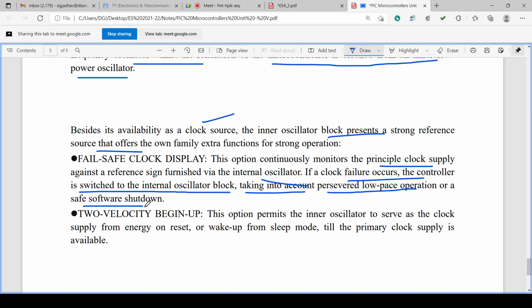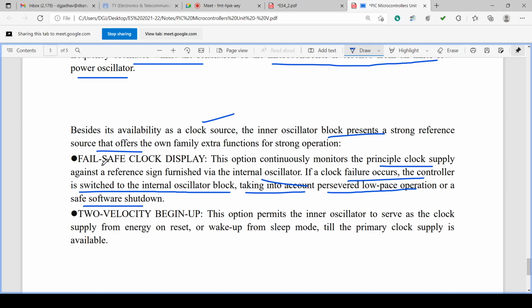So suppose the clock fails, then the microcontroller is switched over to the reserved low speed operation. The low speed internal oscillator block is used, and whatever the variables are there, the saving of the variables and details, memory saving is there. Those are all very carefully and safely saved, and then safely the system is shut down, software shutdown.